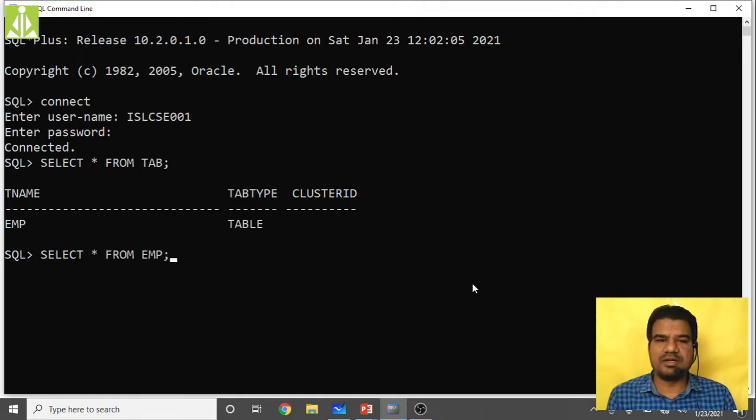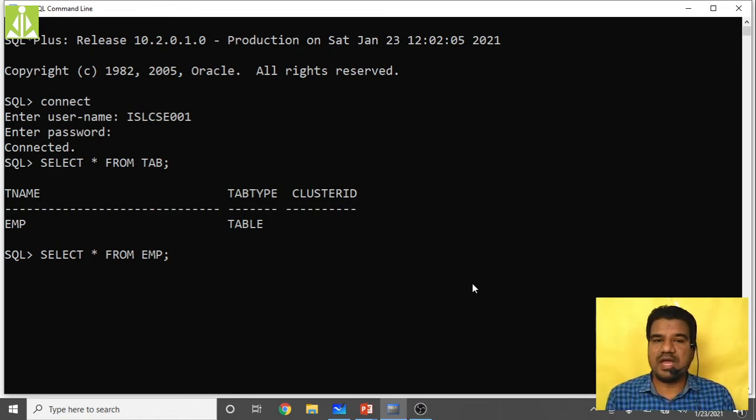Generally I am retrieving all the fields and all the records. I am retrieving all the rows from my table. Select star in the sense all fields I am retrieving, and as I am not mentioning any WHERE clause, it will retrieve all the rows as well. So where will the WHERE clause be employed? In order to retrieve specific records from the table, you can use this WHERE clause.